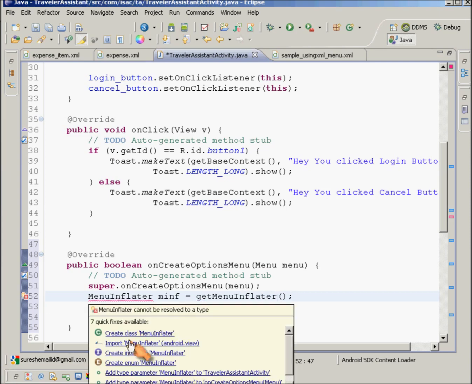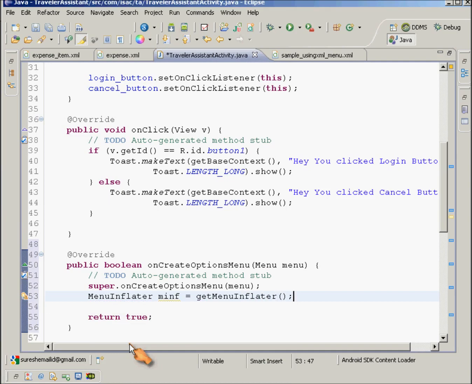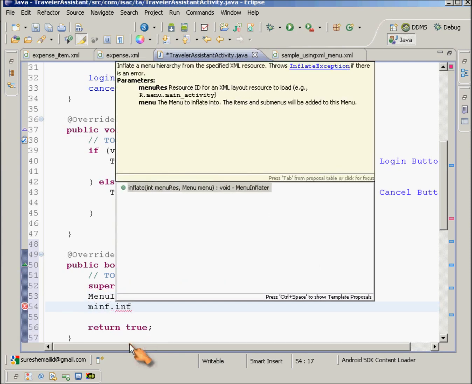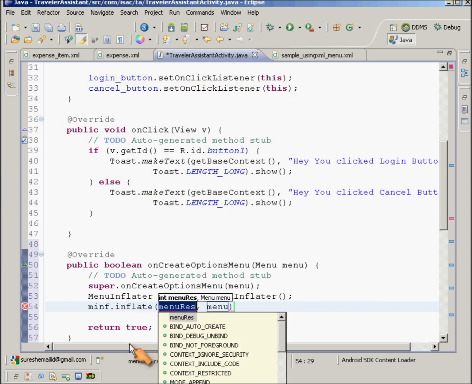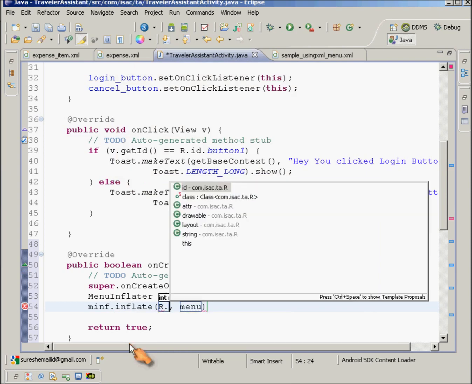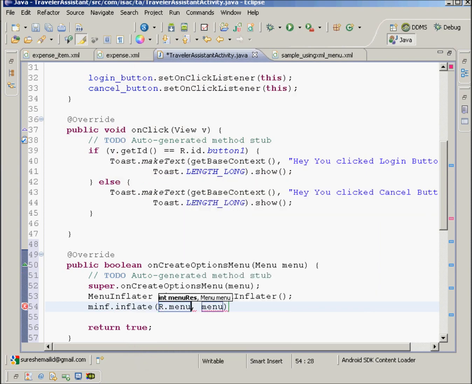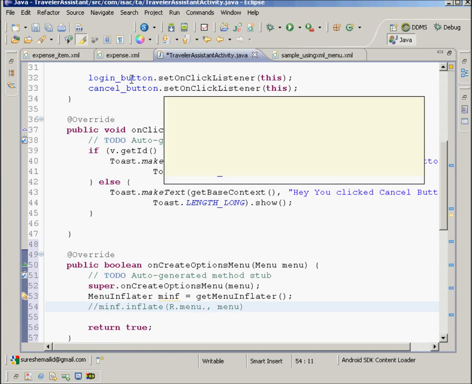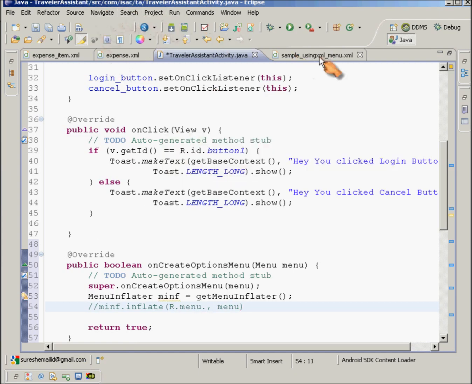MenuInflater is the class which is used for inflating an XML menu into a real Java object, and that's why it is called MenuInflater. So get a reference to that MenuInflater and then you can use it to inflate your menu. And here you have to give the name of the menu, R.menu dot, and it should show you something here. But the menu item which I created has not shown up yet. So let me just